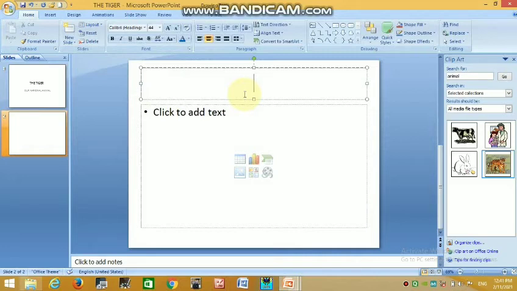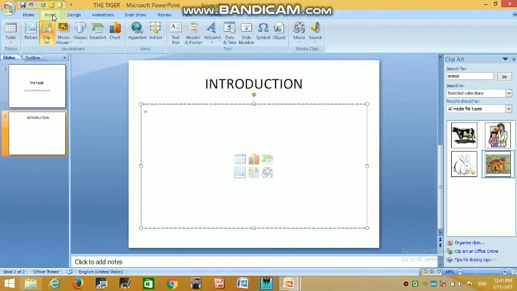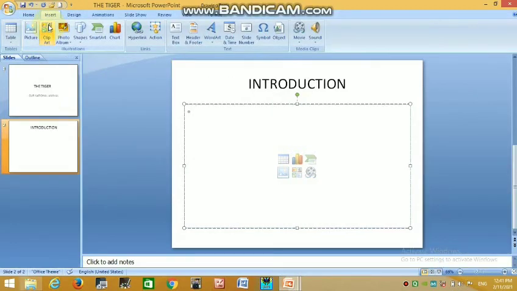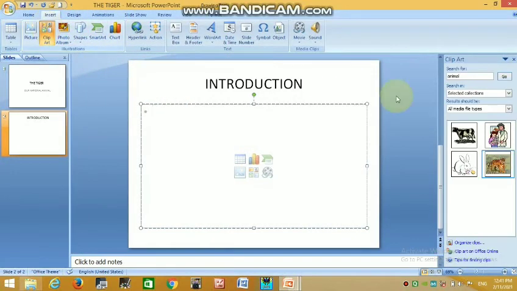Okay, for example, introduction. Now I want to add a picture. Click on insert, clip art. Search here for animal. Okay, after searching you get the picture of a tiger.